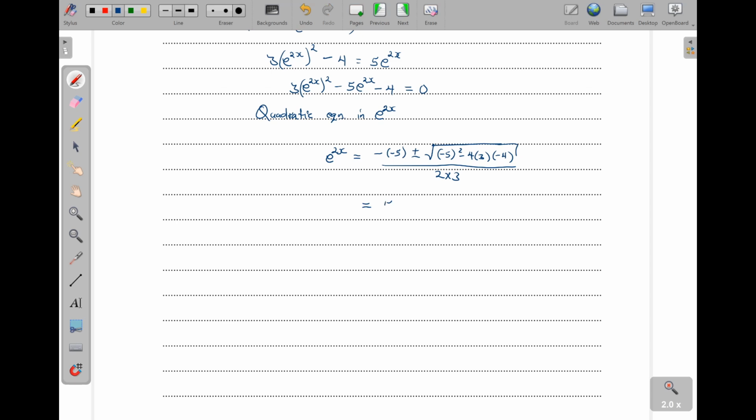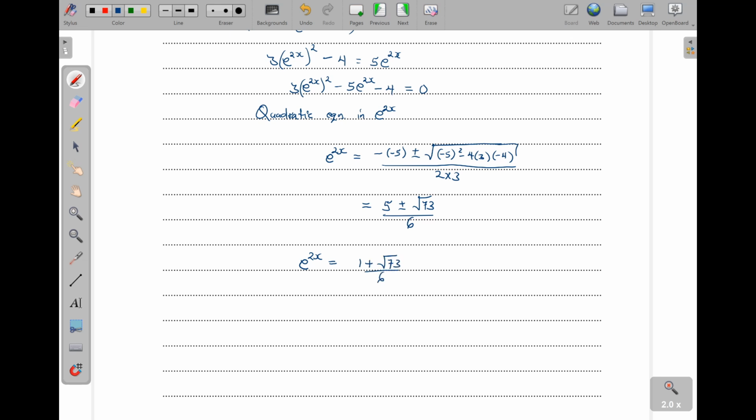We have this 5 becoming positive, then plus or minus the square root of, 4 times 3 is 12, 12 times 4 will give us 48. So 48 plus 25 will give us 73. Remember, a negative times a negative is a positive. So we shall have square root of 73, then out of 6. Now, I'm only going to take the positive value because the exponential cannot give a negative. So e to the power of 2x is going to be equal to 1 plus the square root of 73